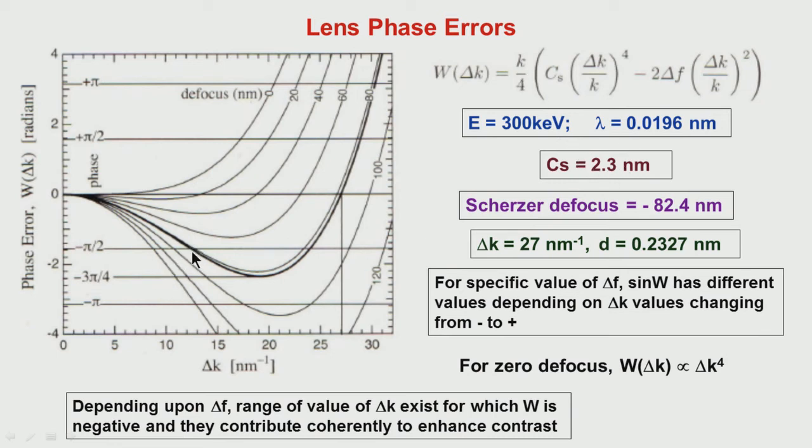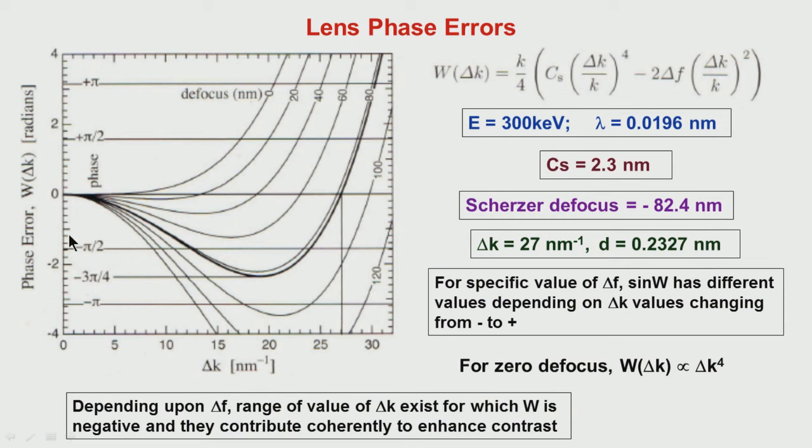Here, as we mentioned, when W equals minus pi by 2, the maximum contrast comes, and that corresponds, in this specific case, to some particular value. That is what is being given here, depending upon the delta f, the range of values. But if you look at these terms, from here to here there is a value between minus pi by 2 and some other value which is very close to it, so that the effect of this phase error on sin W, if we calculate it, turns out to be approximately nearly the same value.